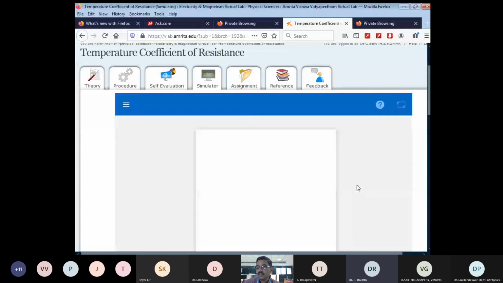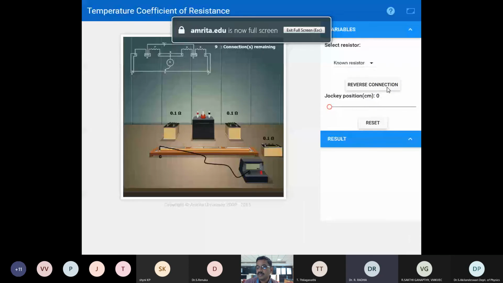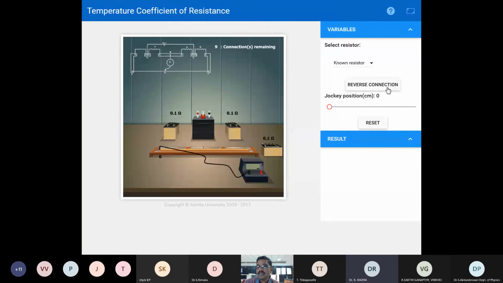I think since they are keeping silent, let us presume that there is no doubt as far as Young's modulus is concerned. Doubts will come while they perform the experiment, madam. Yes, sure. Because they are not doing a hands-on session, they are just listening. I have asked some of my faculty members to watch the proceedings on mobile and use Amrita V Labs to do the experiments also. I think one or two teachers are doing that.